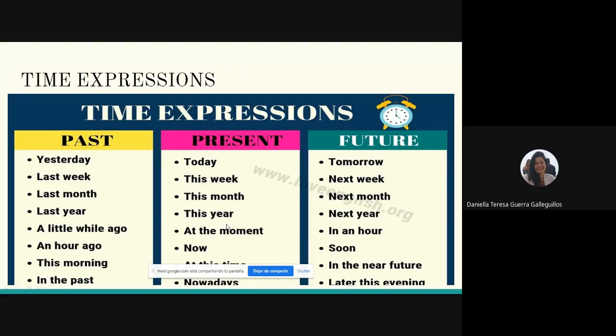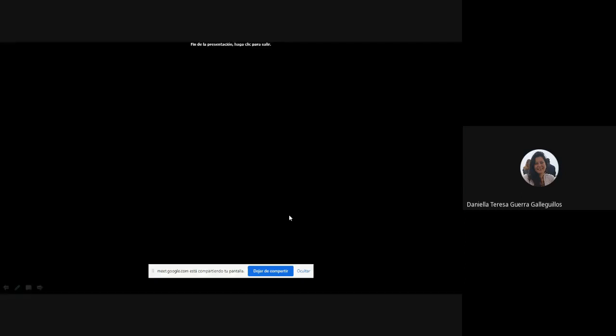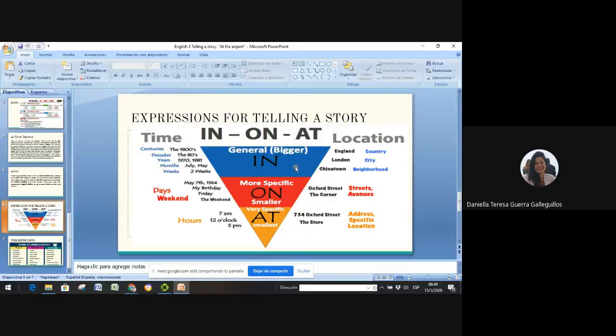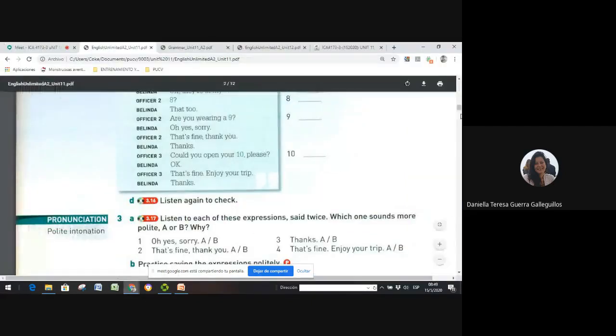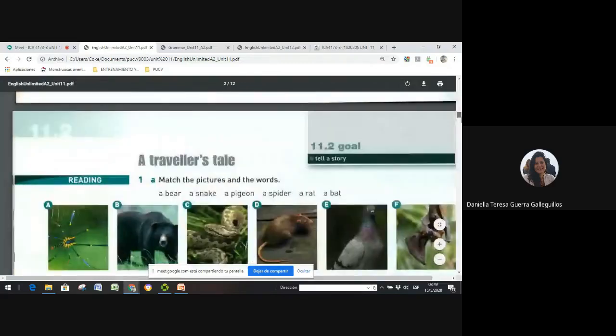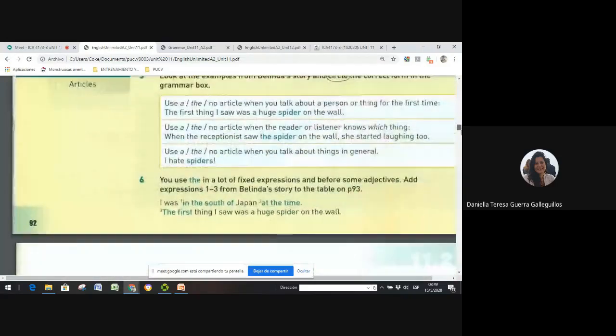In the present, like nowadays is very common, like hoy en día. And the future is next day, next year, next time, soon, in the near future. So now that we know that, we are going to go back to the book